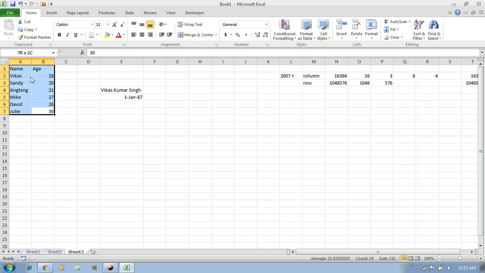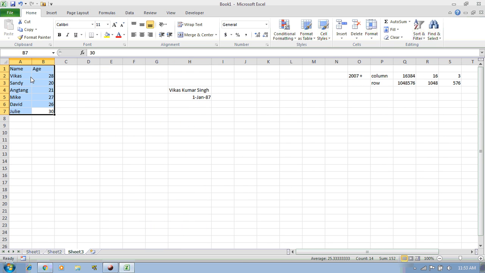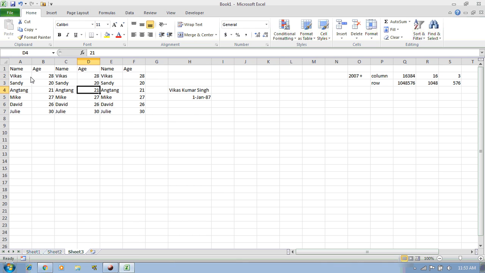We are having mainly two columns here, so let me create more so that you can see. I'm just copying these columns here. I am here at the C column.